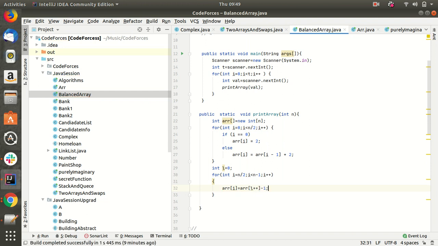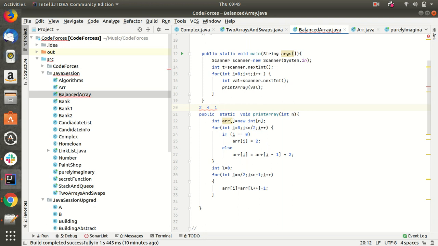So with the even numbers 2 4, it will start filling over here: 2 minus 1 is 1, and 4 minus 1 is 3, like that, but it will go up to n minus 1. Now 2 4 1 is filled, and now the last position we need to fill.